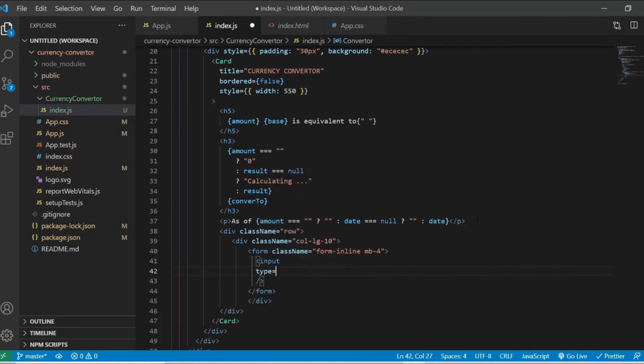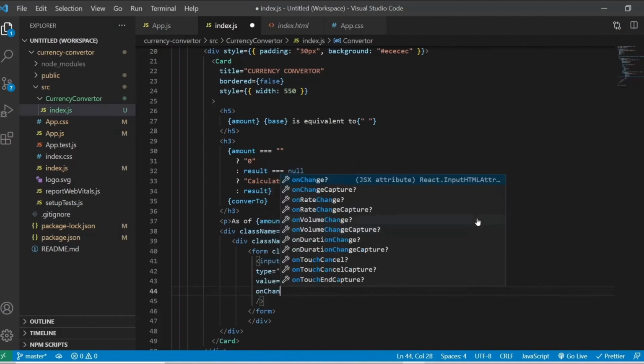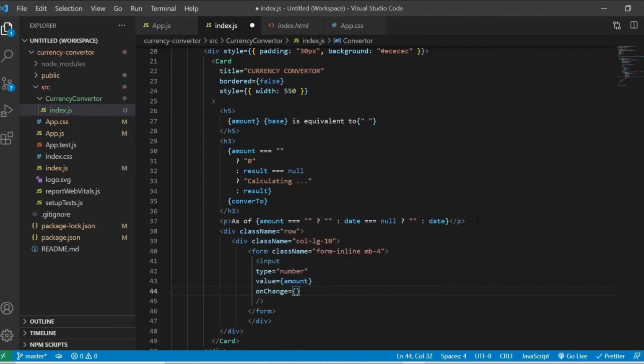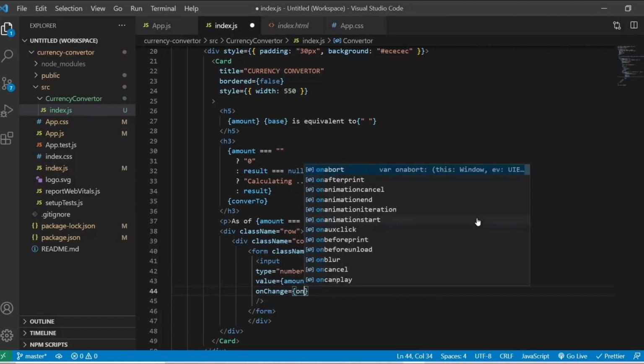and it will be having a type. So the type will be number, value will be the amount. So whatever the user gives as the amount, it will have that value. And on change, I will have one helper function.